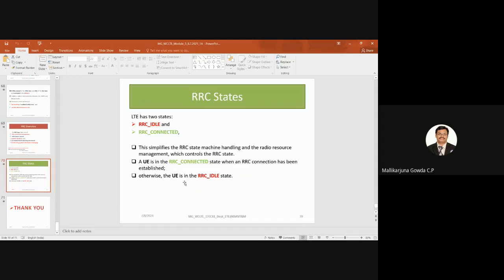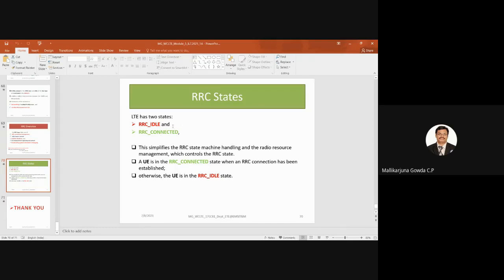With respect to that, this is about RRC states, that is, radio resource control states. LTE has two states: one is RRC idle state, and another is RRC connected. When it is idle, what information is exchanged between the user equipment and the eNB, and when it is connected, what information is exchanged between the user equipment and the eNB? We'll try to understand that.